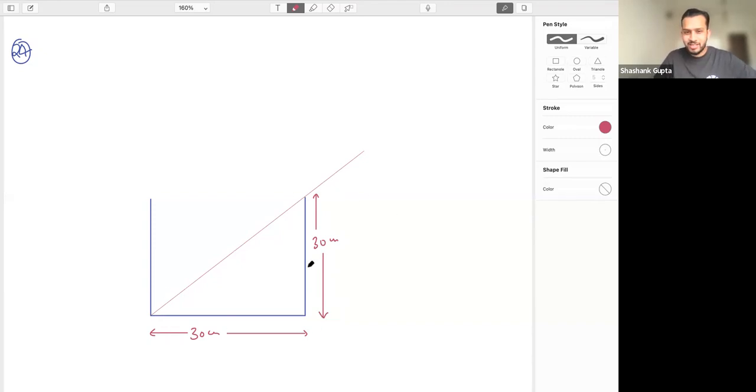Okay, so this is 30. This is 30. A small particle P is placed here, at a distance of 5 centimeters from the center. So practically the center is somewhere here, which is 15 here, 15 here, and from it 5 centimeters here. So the diagram will look like this. So P point is here. This is 15, and this is 5 they are saying. So this is 5 centimeters.